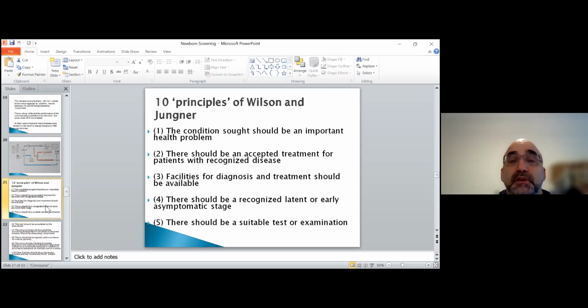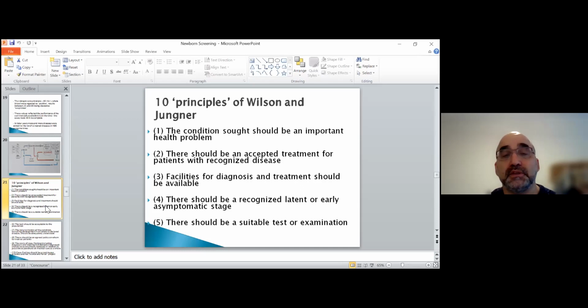There should be an acceptable treatment available. If you have a very rare genetic disorder, you can easily pick it up by a blood spot, with a lot of development in the tests nowadays, but if you still don't have any treatment, it may not be cost effective or of any value to diagnose them on a screening scale. So it should be an accepted treatment. For example, for PKU, the treatment, as you saw, was diet and some medications. And for hypothyroidism, it's just thyroxine, quite simple and straightforward,